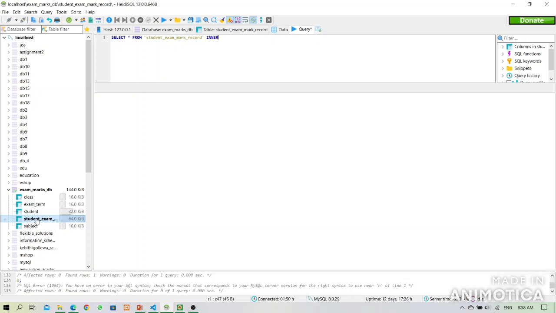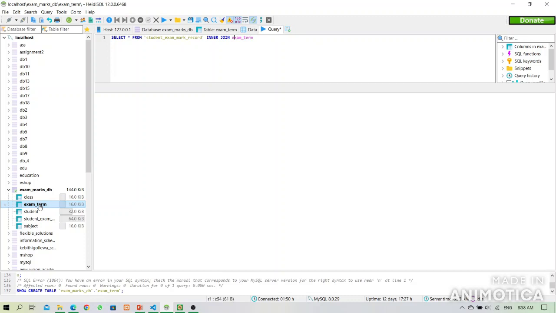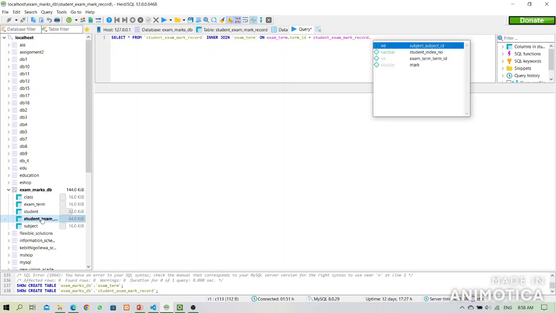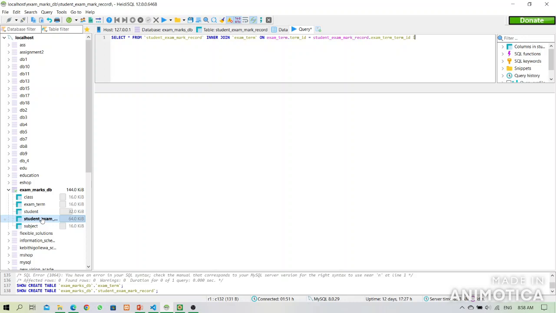We have to inner join exam term on exam term dot term id equals student exam mark record dot exam term id, and also we have to inner join